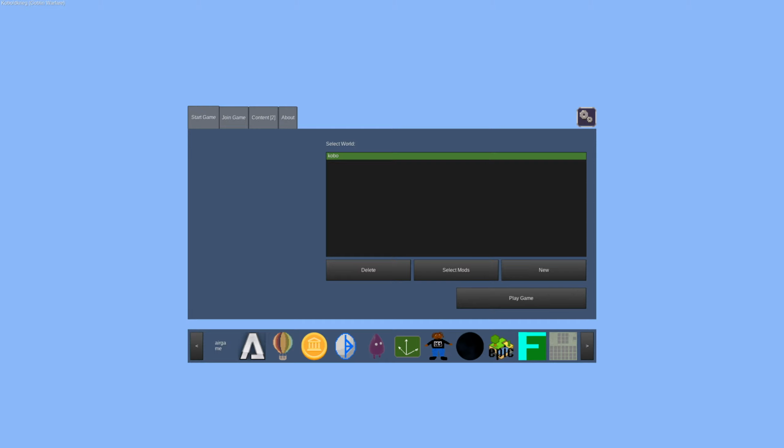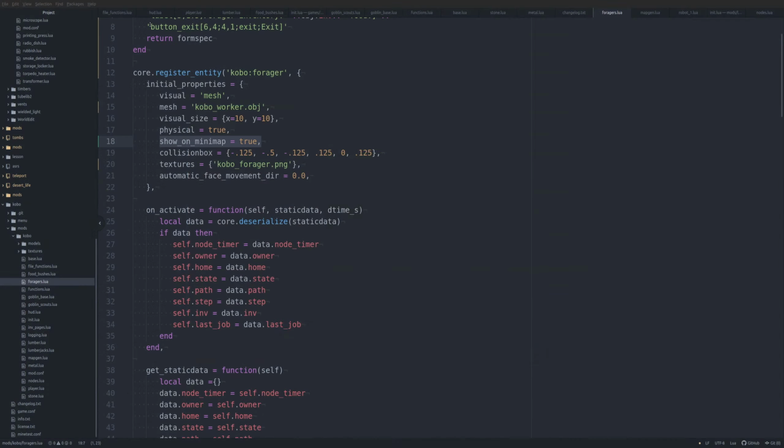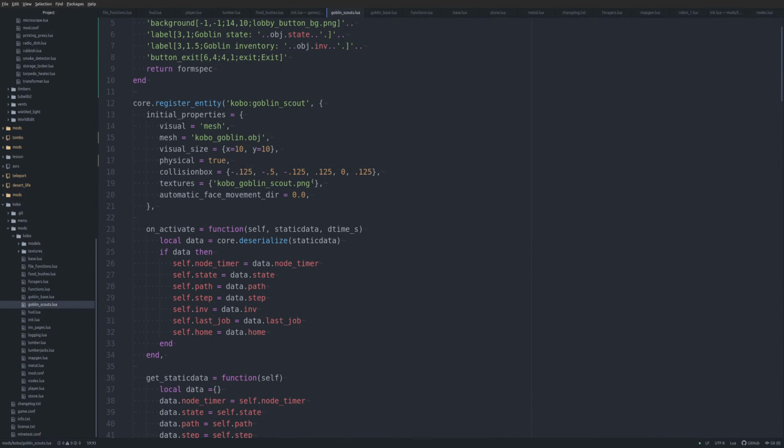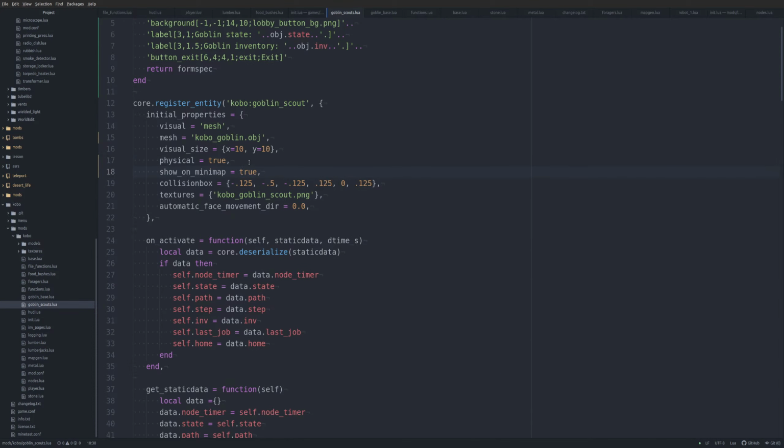Okay, so we're gonna put that after this. We're gonna change it to true because, yeah, we want our entity showing. So that gives us the foragers. I've got lumberjacks someplace. So just showing minimap equals true in the entity registration code. Goblin scouts. We definitely want the goblins showing on the map because we need to know when they're attacking us,